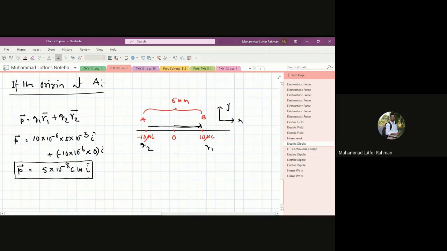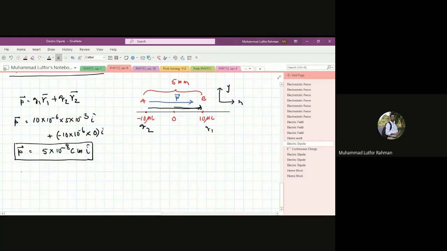x direction, because this would basically be the direction of the electric dipole moment. It should always be from the negative to the positive charge direction. So this would be the exact direction of the electric dipole moment. What about, say, if I choose the origin at point B,